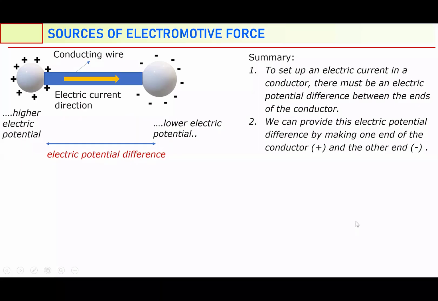So we said yesterday that we can provide an electricity or electric current by using two spheres. One sphere is positively charged, the other one is negatively charged. And we said that the positively charged sphere will have a higher electric potential. The negatively charged sphere will have a lower electric potential. And because there's a potential difference between these two spheres, when these two spheres are connected by a conducting wire,